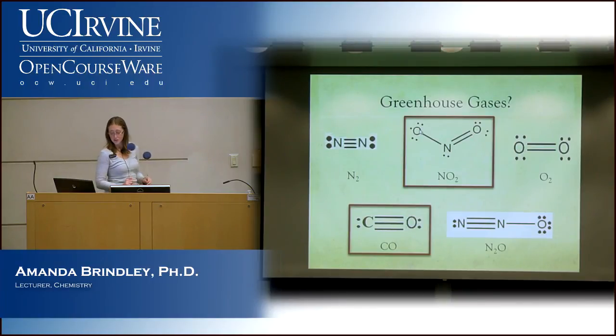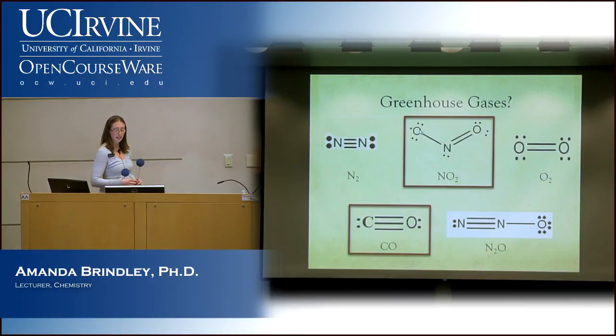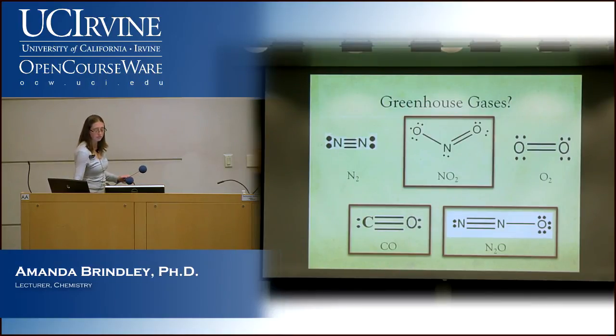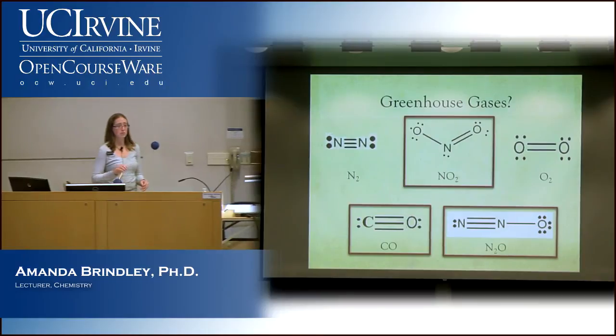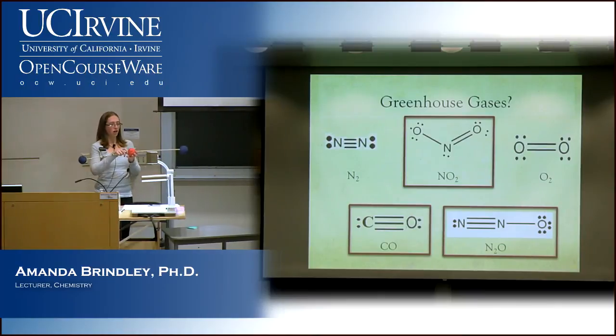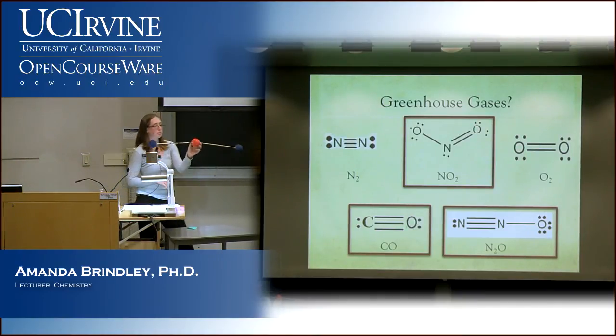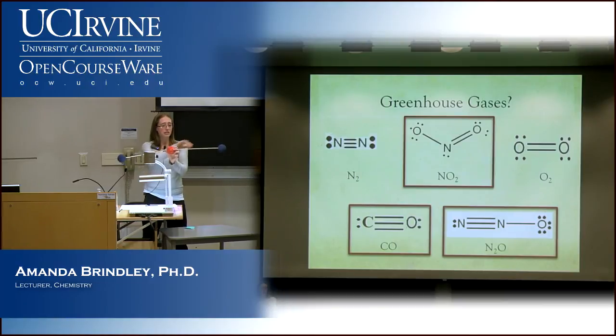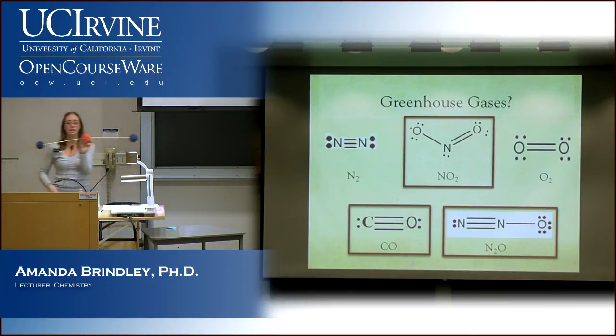All right, N2O. So we sort of talked about this one already. We have a dipole, right? Which direction is it going again? Yeah, toward the oxygen. Okay, now there's one I didn't put up here. What's another greenhouse gas you know of? CO2. So what's CO2 shaped like? It's linear, right? If you don't believe me, draw it. It's a carbon with a double bond to one oxygen and a double bond to the other oxygen. No lone pairs, so it's linear.